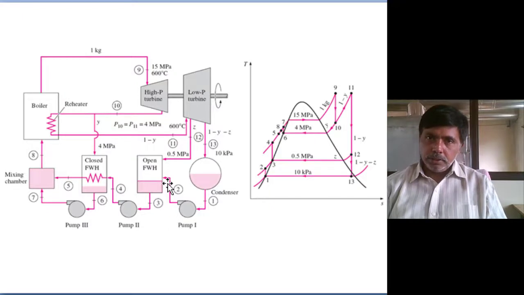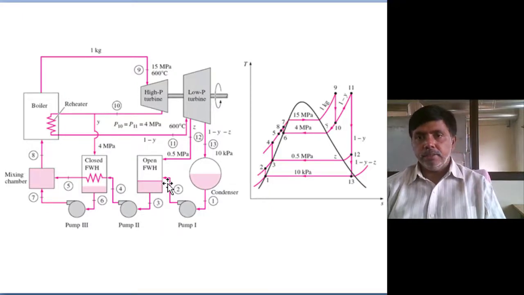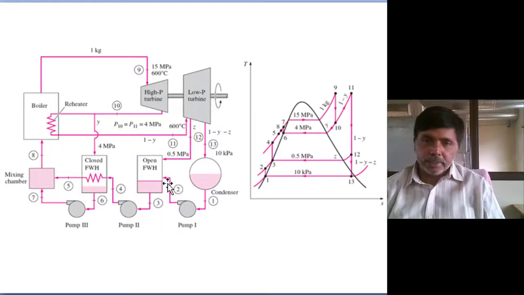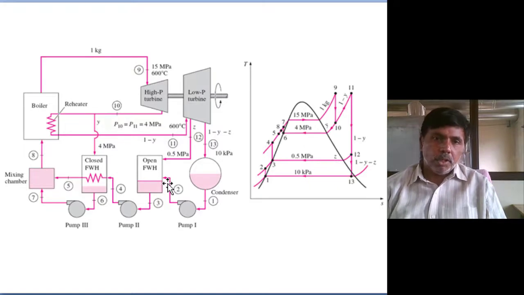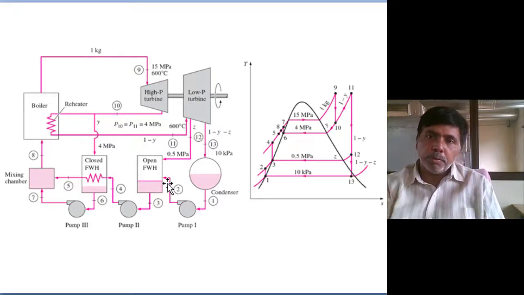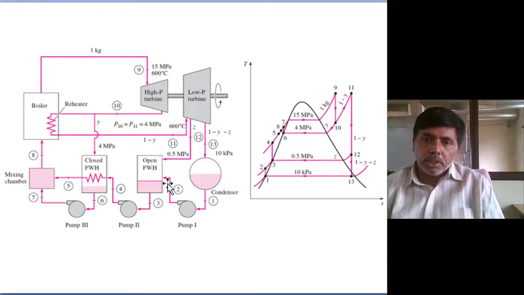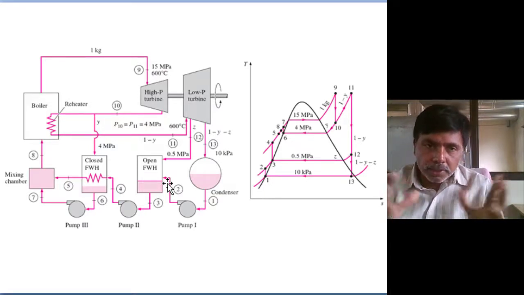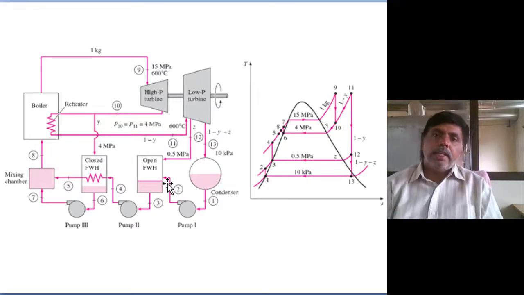Superheated, reheated and regenerated. Boiler pressure is also enhanced. At the starting stage we used 30 bar pressure, now 150 bar pressure. Condenser pressure, at the start we used 0.7 bar, now we move to 0.1 bar. So everything is happening: all the energy and efficiency enhancement techniques.